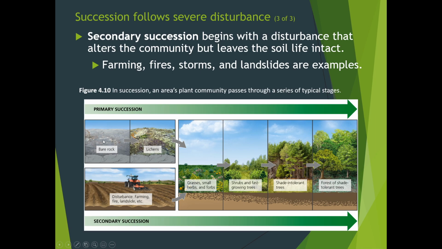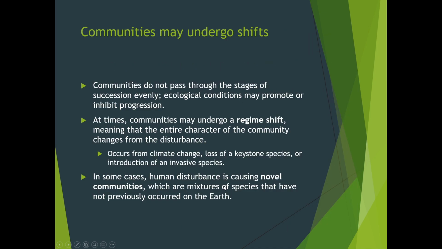So primary succession is where we have the bare rock, like the volcanoes that are going off in Hawaii. And sooner or later, that volcanic rock will be covered by lichens, and then all of a sudden, Hawaiians will be putting pineapple trees there. All right, and then a hurricane will come and wipe it all out, and then we'll start back with the small grasses, shrubs, shade trees, and then larger trees.